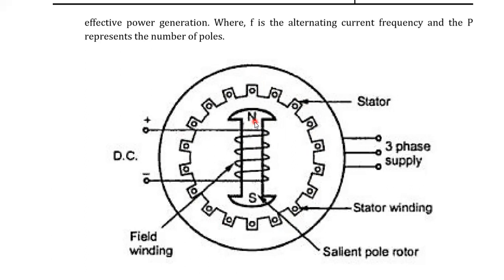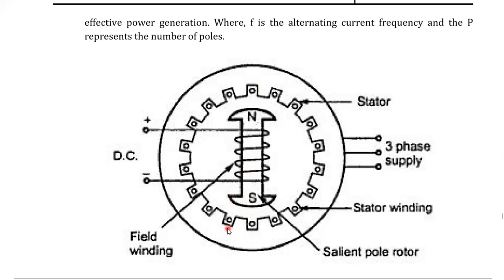But in the induction machine, slip changes. Okay. So here is a north pole, and here a south pole, compulsory in the stator winding. Wherever there is a south pole here, a north pole exists there. Understood? Here is a north pole and here a south pole. Here a south pole means a north pole compulsorily exists in the stator winding. This north pole is rotating. This is called the field, north field and south field. This field is rotating in the stator.